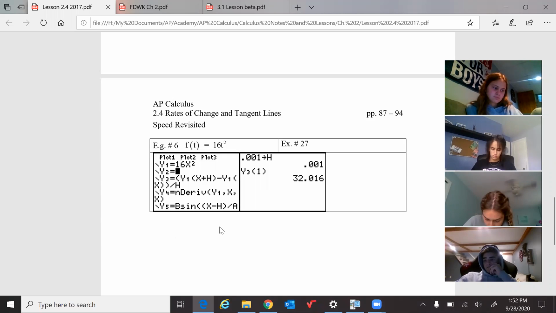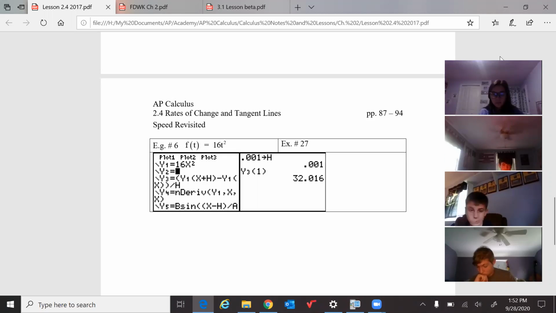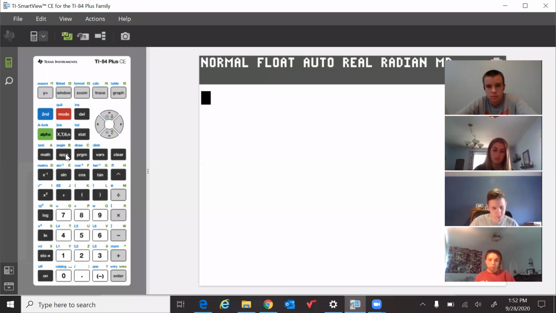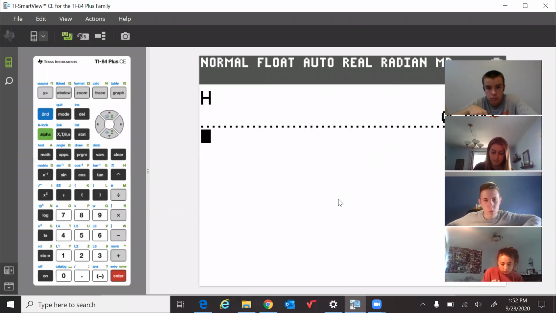So we don't write, now it's positive, why? Because in this question, they're asking you to measure how far something fell, not asking you to measure what the height is, how far it fell. So remember we put this value in H. First thing is on your calculator, go here, type alpha H, and make sure that you got that value 1,000th,